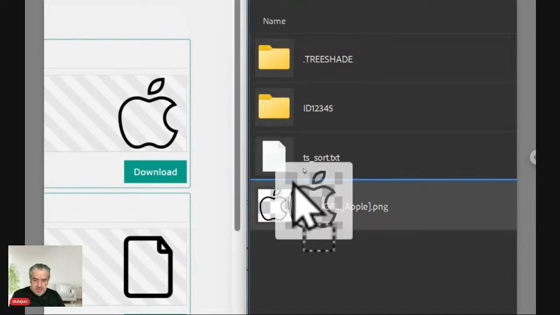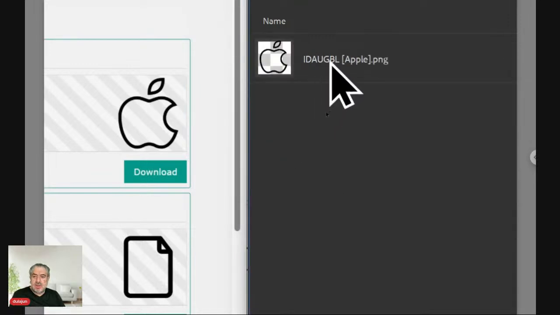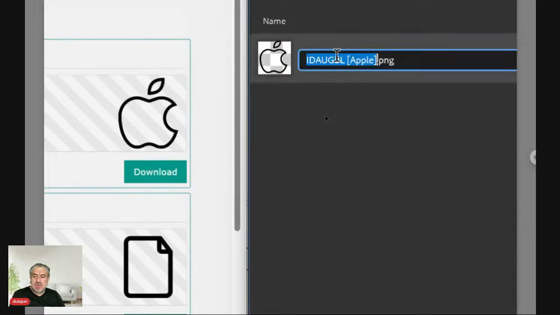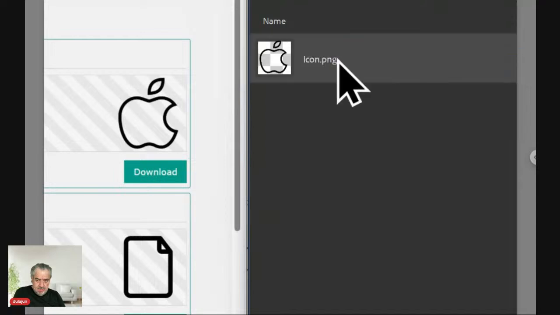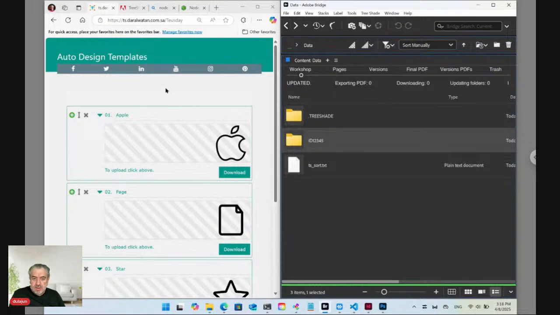Move this file here. And here let's rename it only icon. Okay, now if I update,